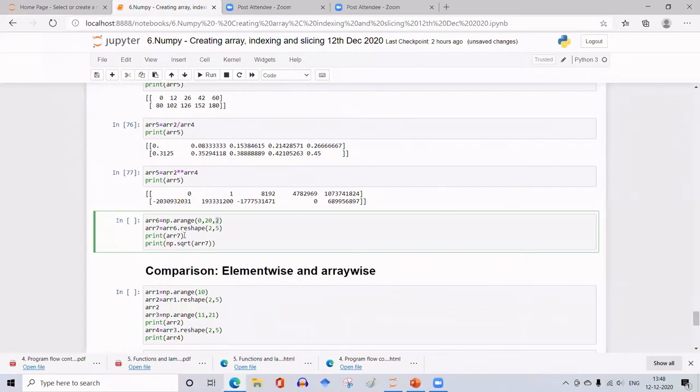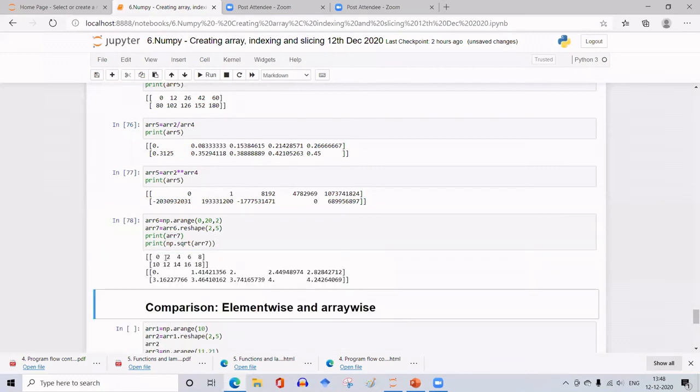Then I printed array 7 that I have designated as array 7. Then after that, I'm taking the square root of this array 7. So array 7 is organizing from 0 to 20, all even numbers, and organizing it in a 2 by 5 fashion, 2-dimensional array.